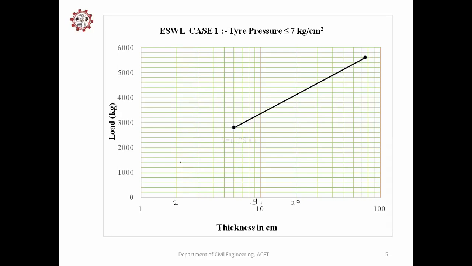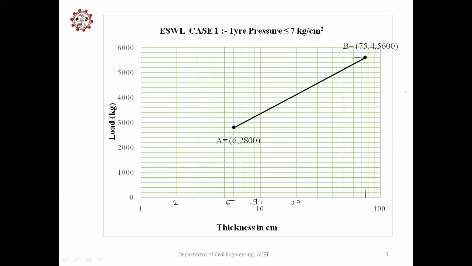So we are having 2 points, A and B point, so we have already marked here. So this is your 1 2 3 4 5 and 6. So for 6 we have already plotted this point, and this is your 2800. So you have got this point A. After that, B 75.4. So this is 20, 30, 40, 50, 60, 70, and 80. So from its center, you are marking the point 75.4, and this is your 5600 loading.